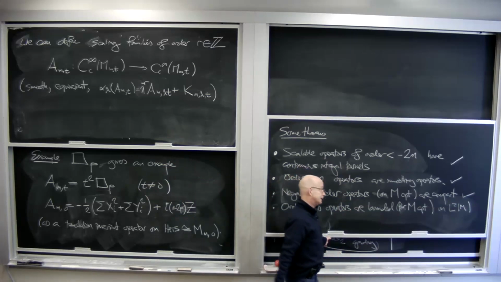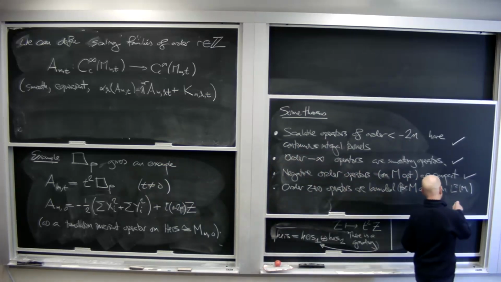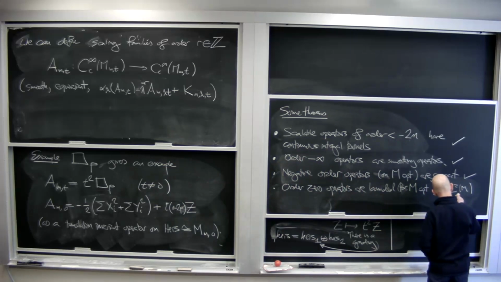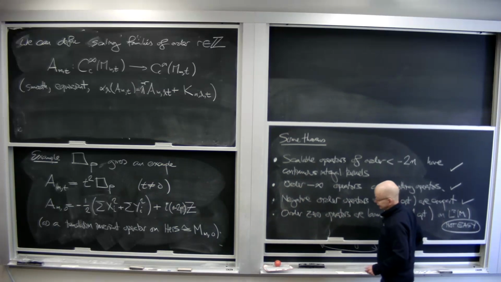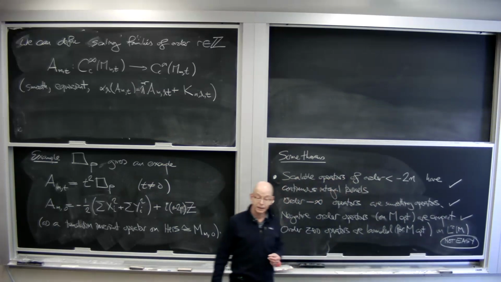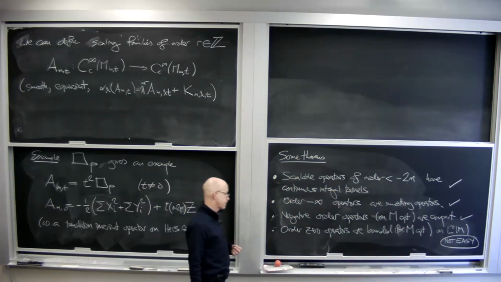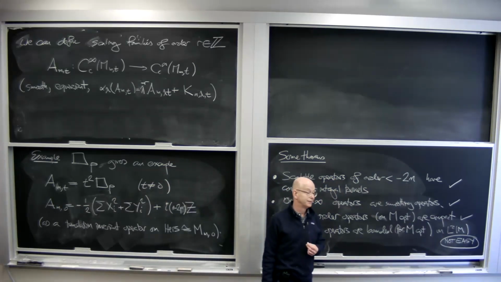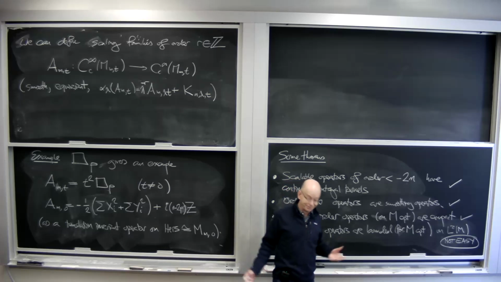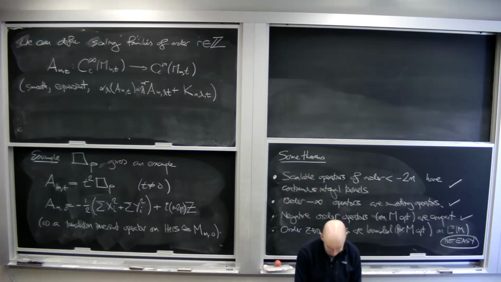But now this is not so easy. If you look back in the notes, you'll see that when we dealt with the issue of the boundedness of order zero operators in the usual manifolds, not manifolds with families of hyperplanes and so on,